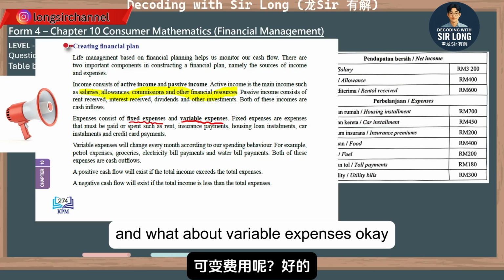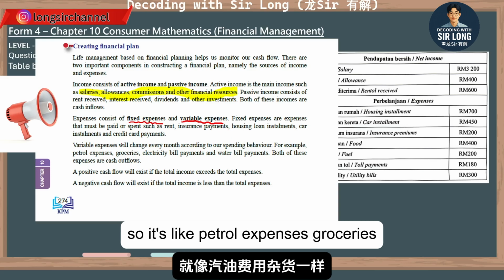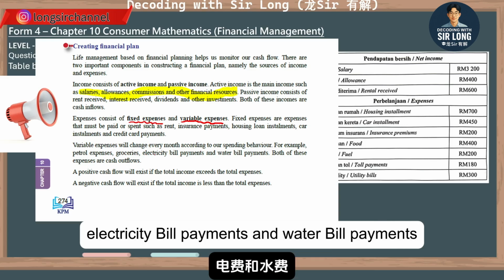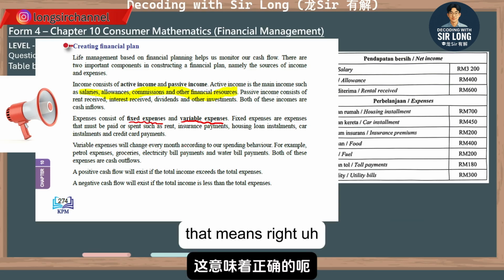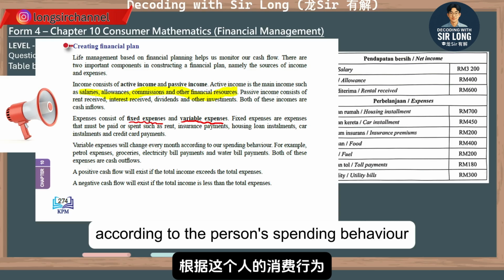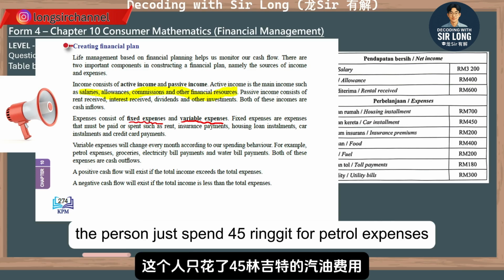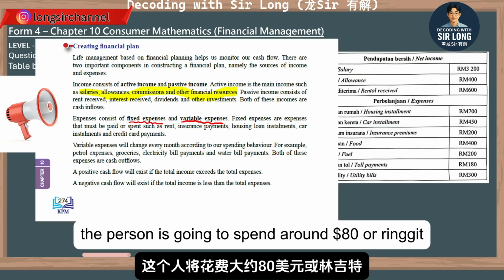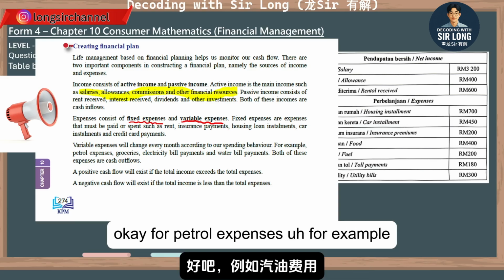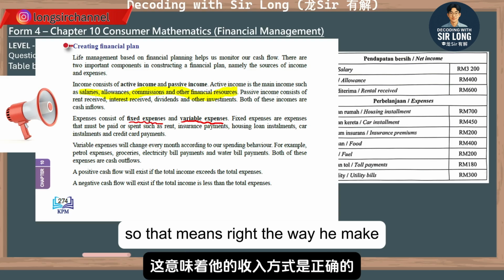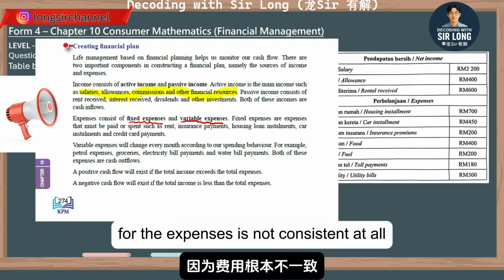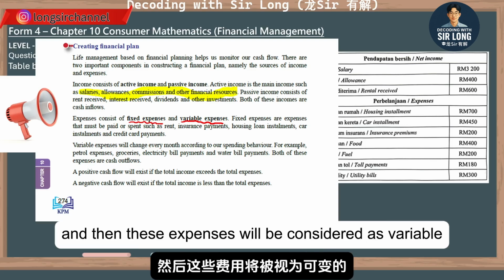And what about variable expenses? It's like petrol expenses, groceries, electricity bill payments, and water bill payments. That means it will change every single month according to the person's spending behavior. For example, maybe in March the person spent 45 ringgit on petrol, but in the coming month the person spends around 80 ringgit on petrol. So the spending pattern for these expenses is not consistent at all,